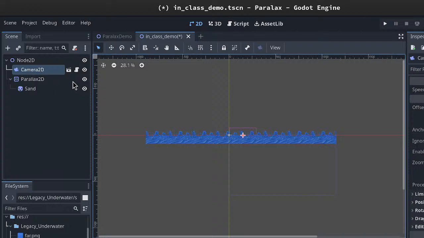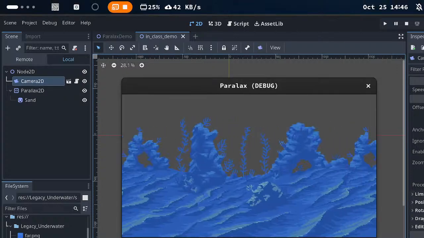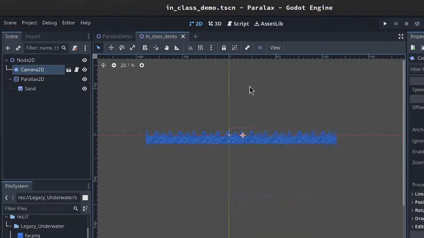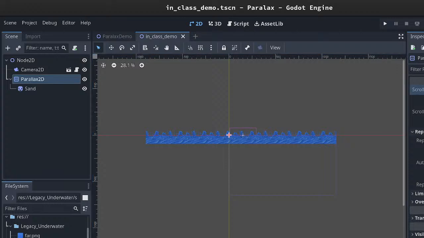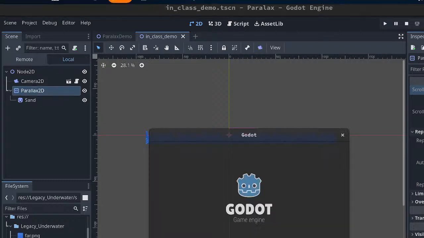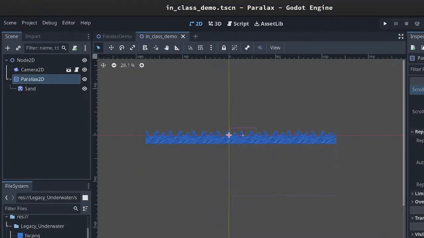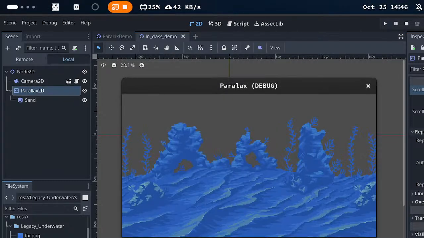scrolling parallax layer, right? We have this camera that's just going to move automatically. And so if I were to run the scene, it would just scroll pretty nicely. However, with its scroll scale, when it's 1 and 1, that's exactly at the depth of the camera, so it feels like it's right in front of you. Whereas if you make it 0 and 1, that'll feel like it's infinitely far away, so it's not actually moving at all. So if you want it to be somewhere in the middle, you know, just pick a decimal point in the middle. And,